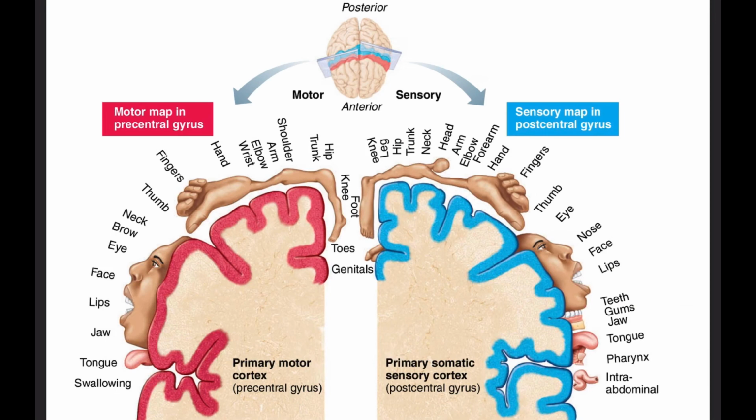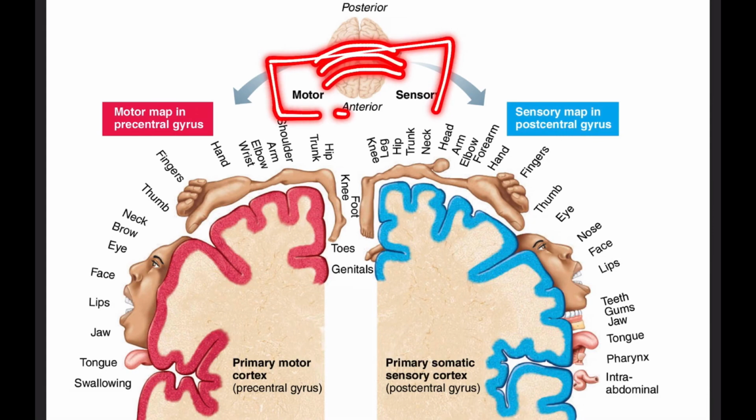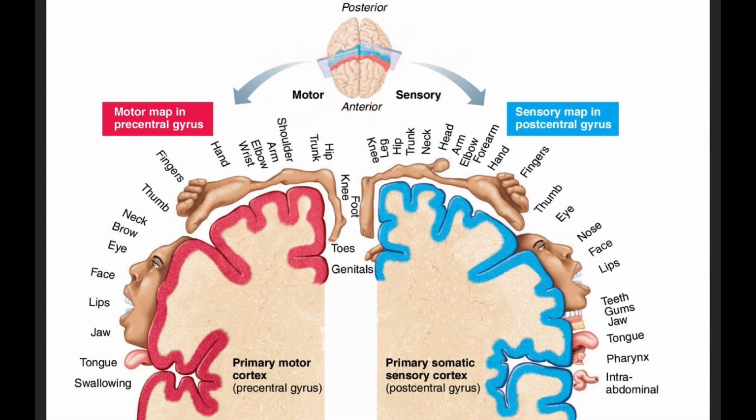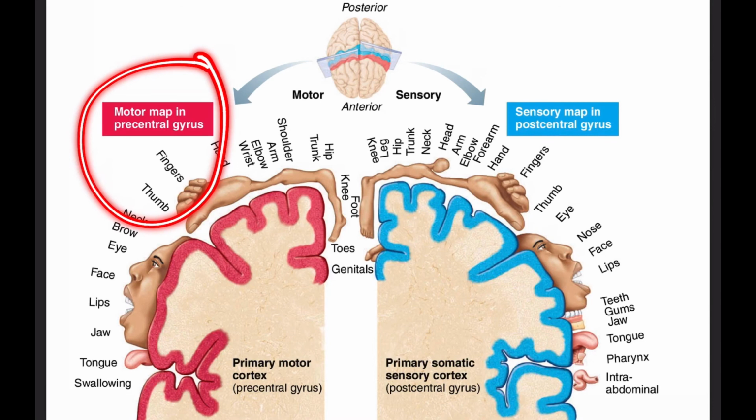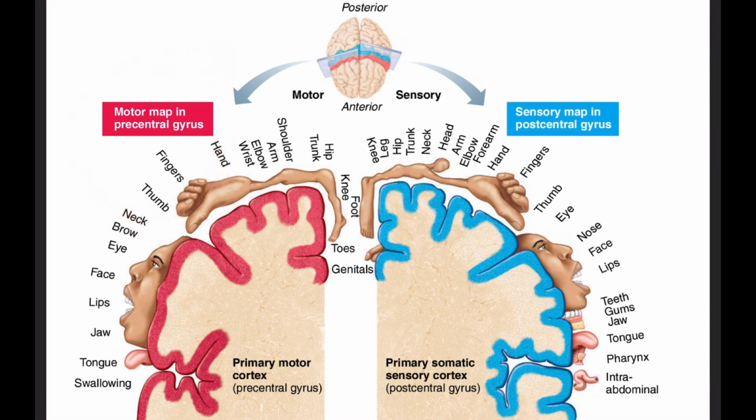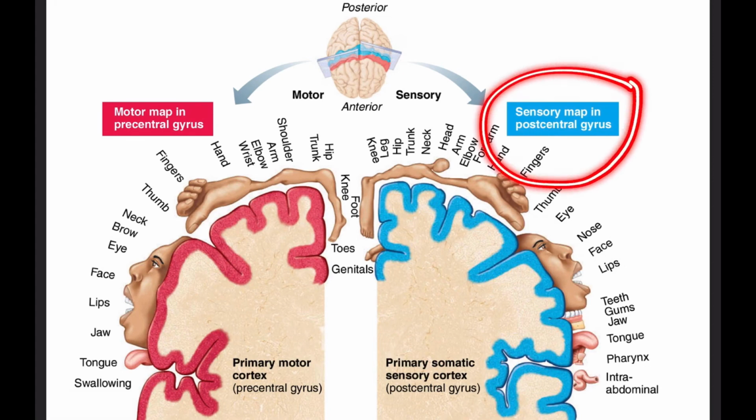In this diagram you have the central sulcus and you have the postcentral gyrus and precentral gyrus. If you cut the brain like this, you will have these structures. We will discuss the precentral gyrus, that is the motor nerve fibers, in the descending tract of spinal cord topic. Today's topic is the ascending tract of spinal cord. So in today's lecture we will discuss the sensory part in the postcentral gyrus.